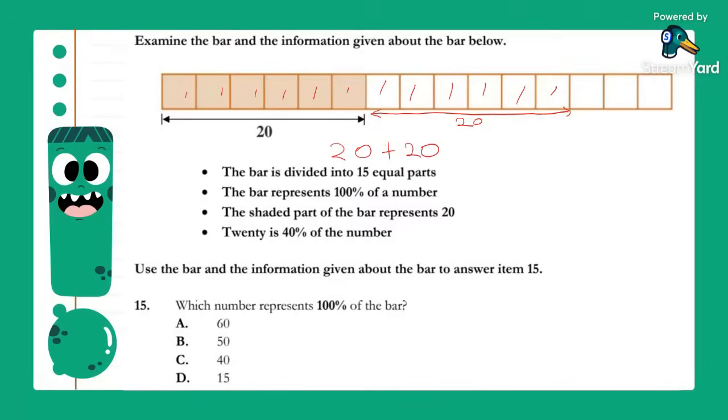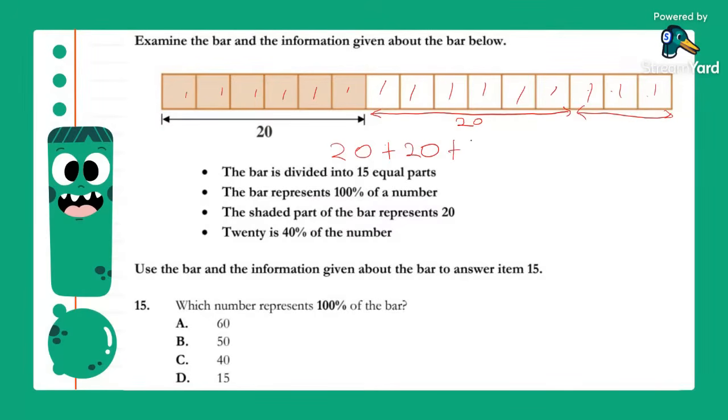Now, if six of these parts is equal to 20, what would 3 parts be equal to? If 6 is equal to 20, what is 3 equal to? Let me see that response in the chat. If 6 is equal to 20, what is 3 equal to? Good job, DJ Mace. Good job, Latonia, Reggie, My Time, Alicia, very good. Najee, very good. 3 is equal to 10. So 1, 2, 3 right here would be equal to 10.